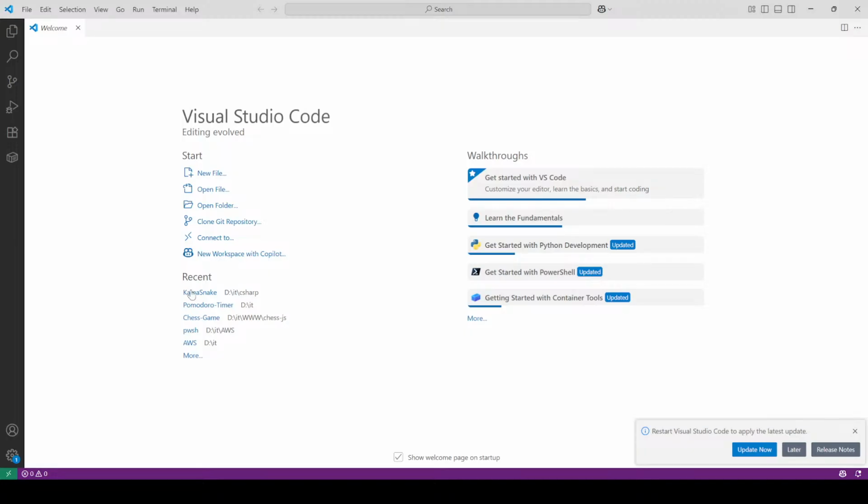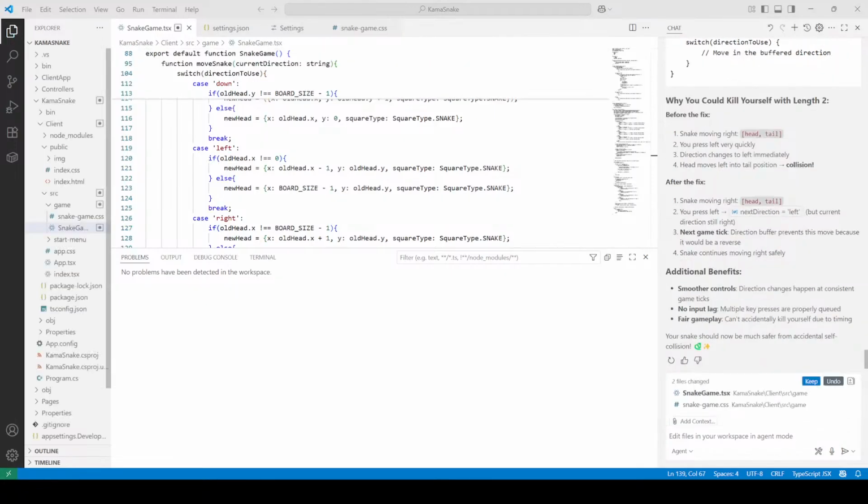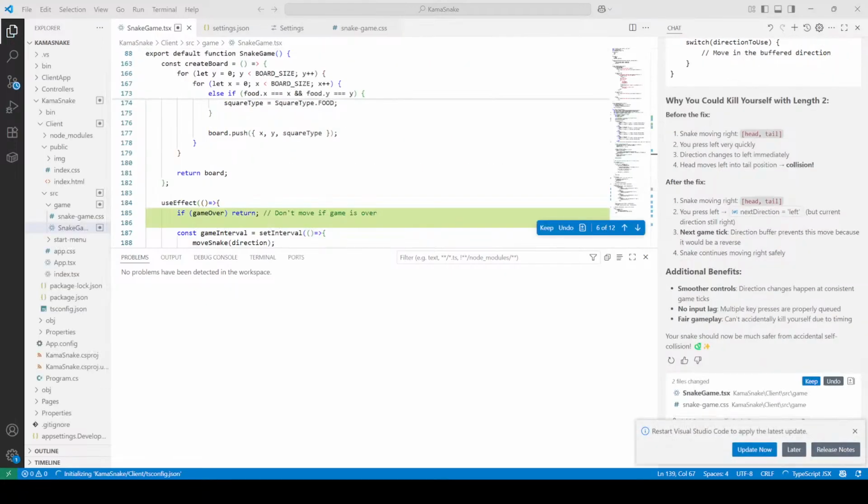We are close to completing the basic version of this project, because on the last live we successfully created the snake game logic, with the exception of one particular bug we faced, which is we actually can